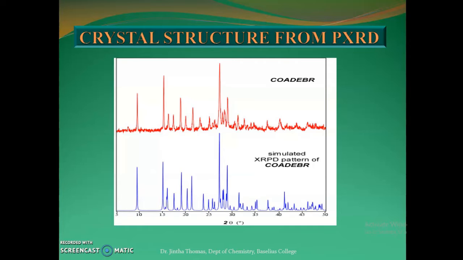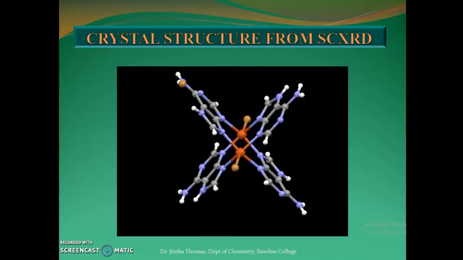This is done especially when the compound is polycrystalline, and even single crystals are not available. Now we can compare this PXRD with simulated patterns of already published works or known compounds, and find out whether they have a similar structure or not. In another method, if we have suitable single crystals for measurement, for performing single crystal X-ray diffraction, then we can directly reach the structure of the compound.